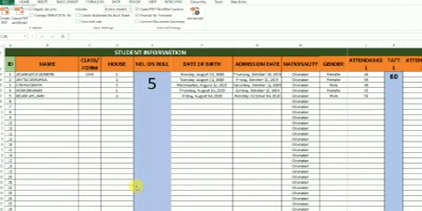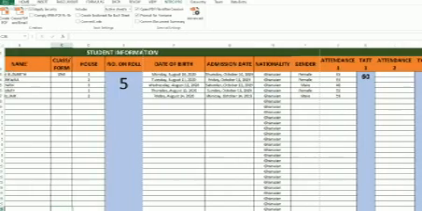So that's the student information sheet. With this one, we are going to create student ID, name, class or form, house, number on roll, date of birth, admission date, nationality, gender, attendance 1, total attendance 1, up to attendance 9.